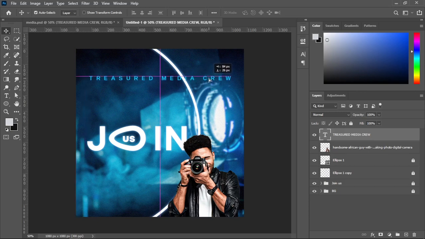And he said, now you see the smart guides. You see that there's one that looks like a cross. So now that means it's showing that it is centralized. This straight line that is coming straight up to down means that this text is centralized where it is. So you see now it's centralized, it's at the center. So we have it there, Treasured Media